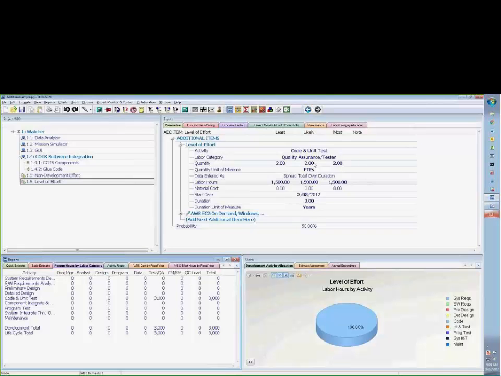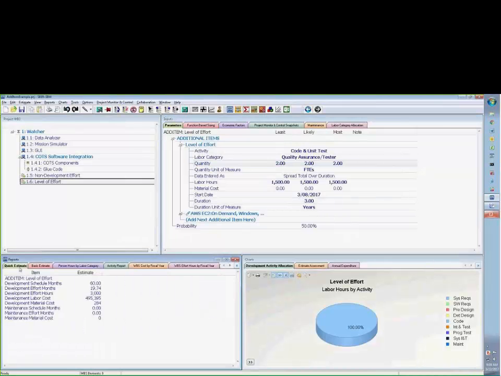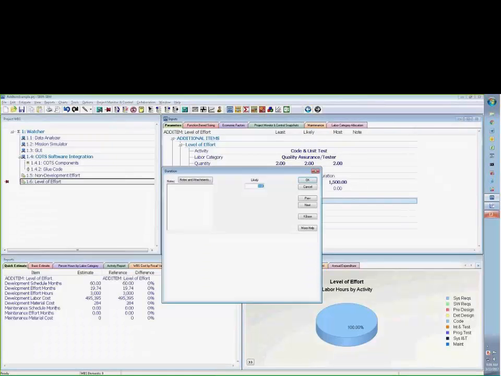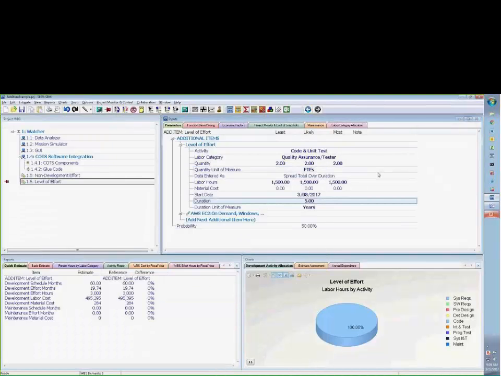And the 3,000 hours come from my 1,500 times 2 FTE. And you can see that the duration of 3 years didn't come into effect. So as a quick reference here, if I change 3 to 5, nothing changed. And the only thing that, let's see, if I go ahead and change the quantity, if I double